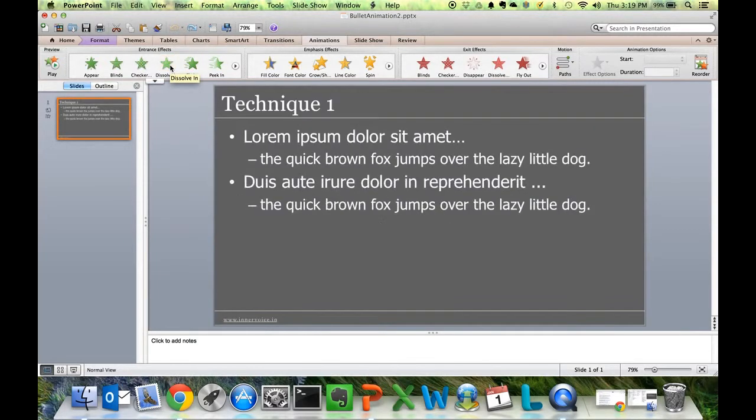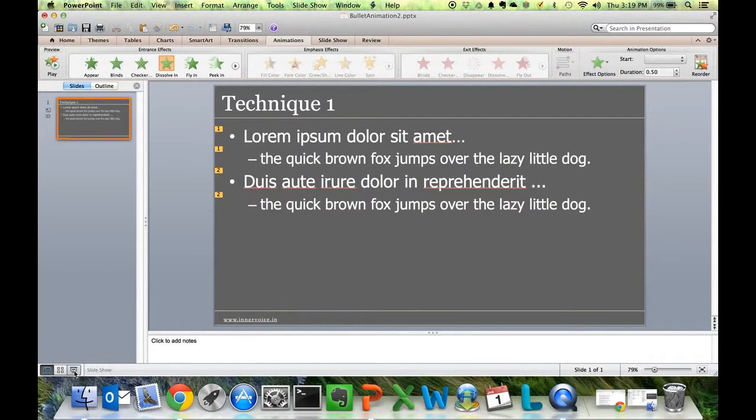The moment I choose an entrance effect, PowerPoint will assign the animation numbers to each of the entities. You can see that the number one animation is for both the parent bullet as well as the child bullet. And similarly, number two is for another set of parent and child bullets.